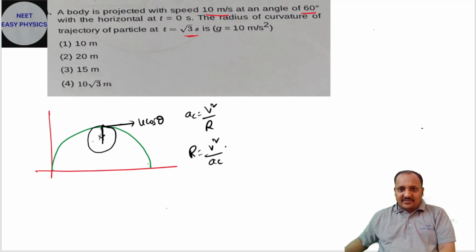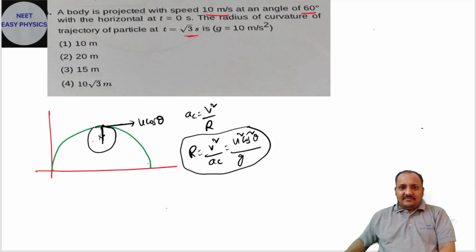Here acceleration is going to be g. So R is u square cos square theta by g. This is at the top of the projectile, if the object is at maximum height after root 3 seconds. Correct. But at root 3 seconds, if you want to know where the object is, first you have to